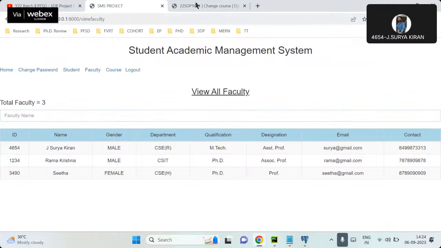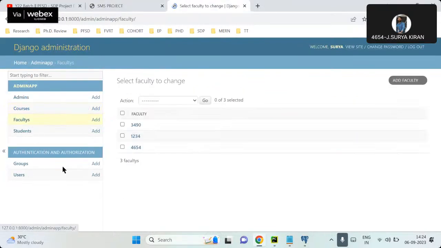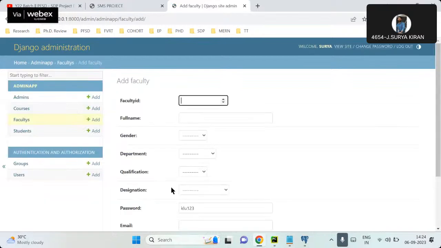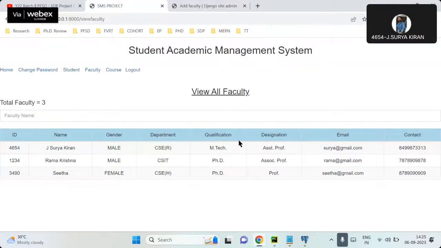So assistant professor and associate professor are getting saved because in the faculty, when you add the faculty, for example, I want to add the faculty, in the designation you are getting professor, assistant professor. But when you save this, it saves assistant professor. The second argument is for displaying. The first argument is for saving. Now